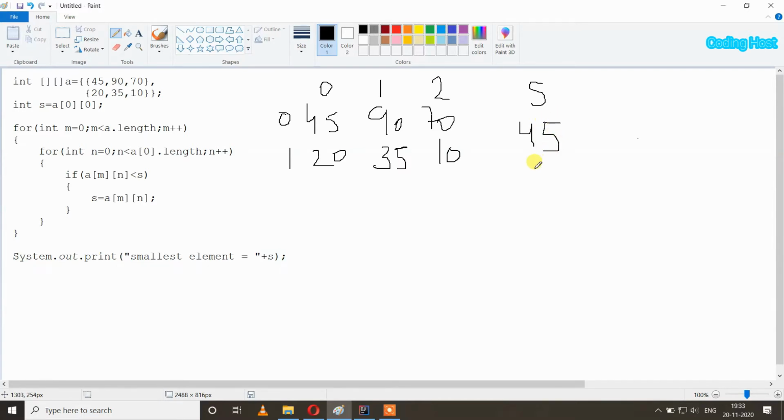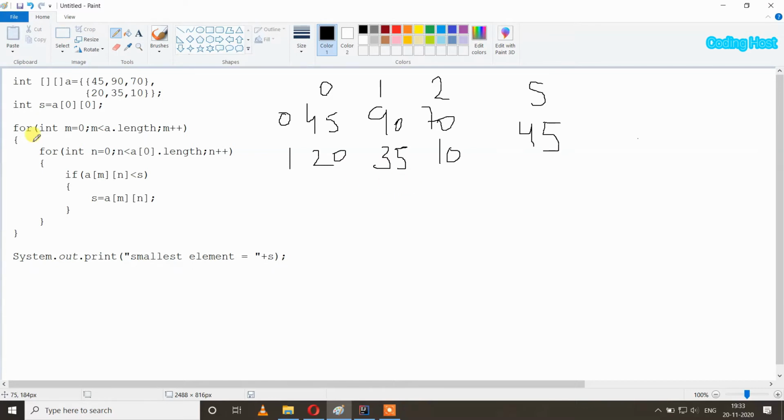Because we cannot take any random value from ourselves to compare with the other values in this 2D array, that's why I have stored the first element of this array in this smallest variable. So now we can compare the values with this value and easily find the smallest element in this 2D array.